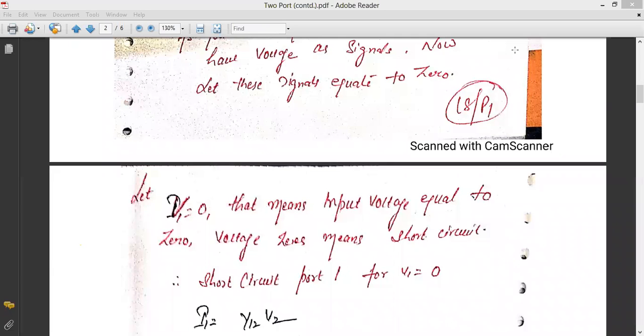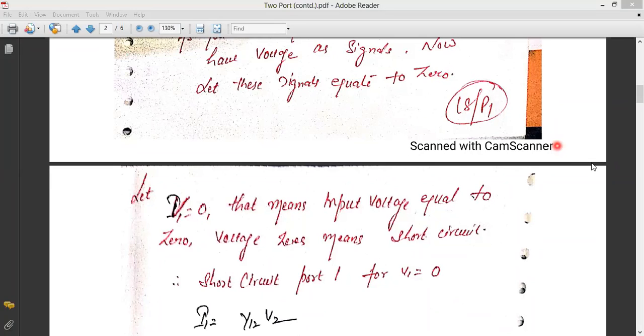Okay, so from that it is clear that when the current is equal to 0, we have to get it open circuited. But when the voltage is equal to 0, we have to get it short circuited. Now, based upon this Y parameter, on the extreme right hand side you have signals like V1 and V2. So first of all, we have to equate V1 equal to 0, and V1 equal to 0 means we have to short circuit the port 1. And after that we have to equate V2 is equal to 0. That means we have to short circuit the port 2.